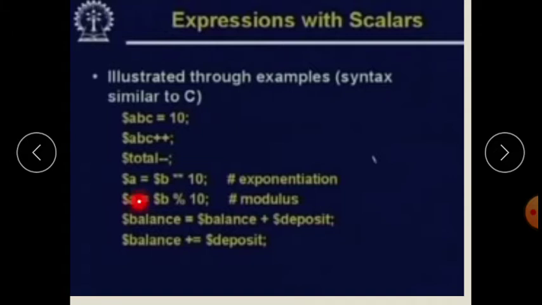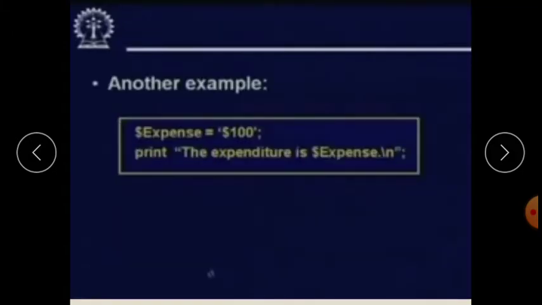The next is $a = $b % 10; Another example is $expense = '$100'; print "the expenditure is $expense";